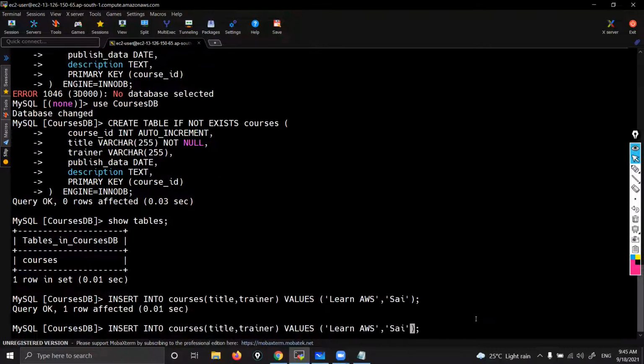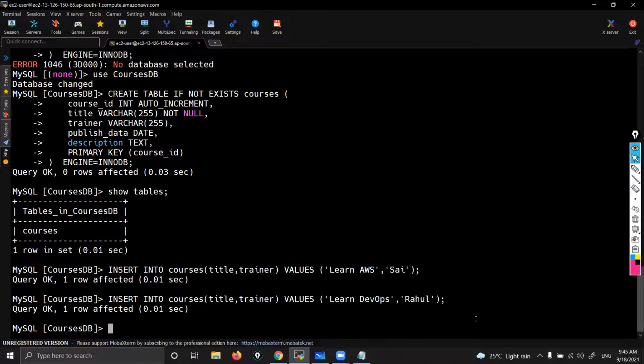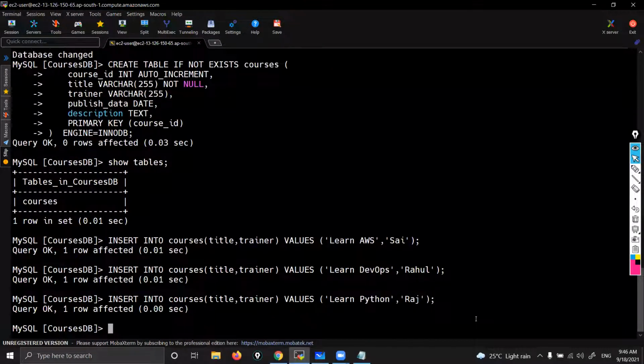Now repeat the same thing. Let's change the title and trainer, say let's change to Learn DevOps. Let's change the name. Assume that Rahul. You take any name. Rahul. Enter. Now say learn some other technology like Python. Let me take Raj. If you want to see the table,